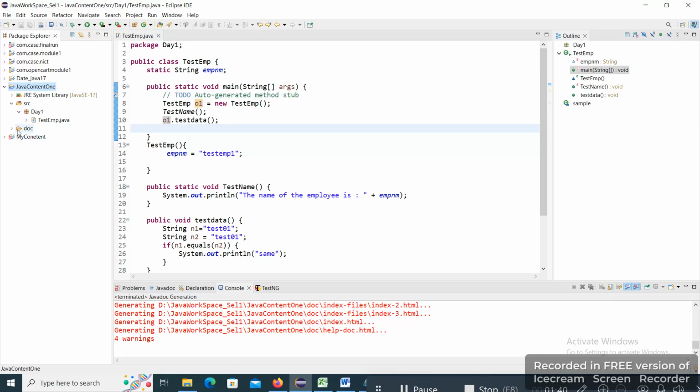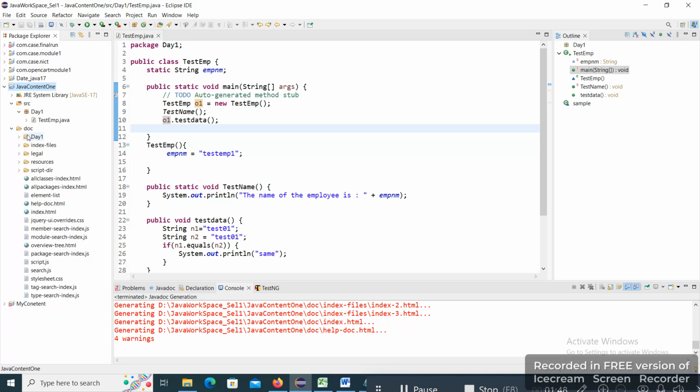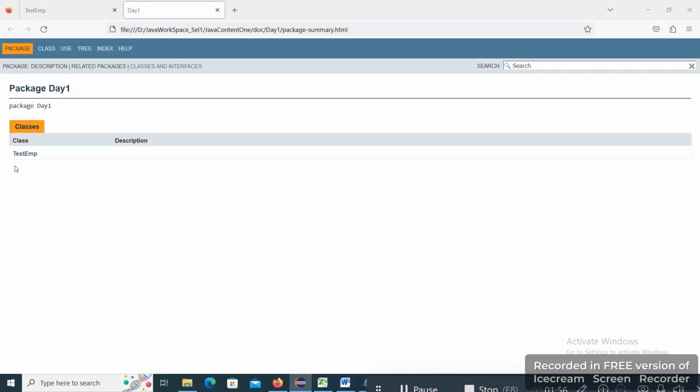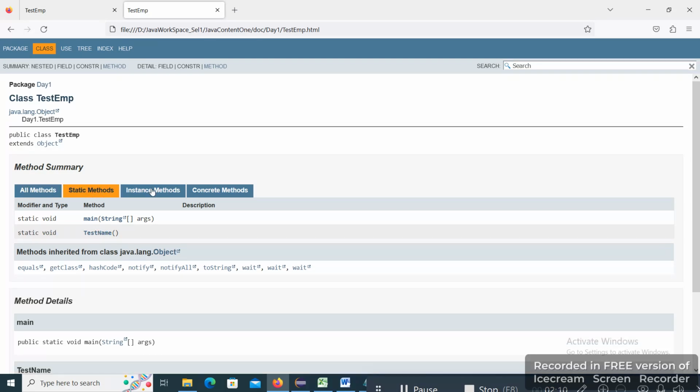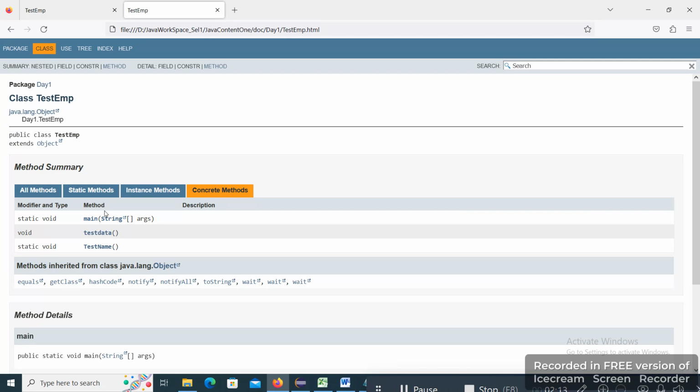Fine. So now we can see the extra repository added automatically with our project, for example, this doc repository. Now let us expand it. Here you can see a few HTML files, and here we can see the index.html file, and this is the class, and these are all the methods: static method, void method. The main method is also a static method, so it is also listed over here. Now separate methods are also there. Fine. So this is the beauty of Java doc, and this is the way we can create and access the Java doc.